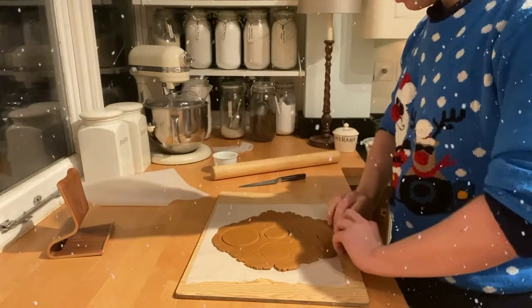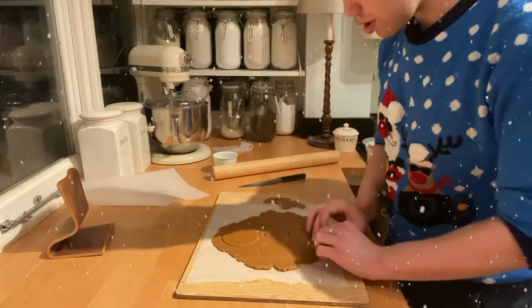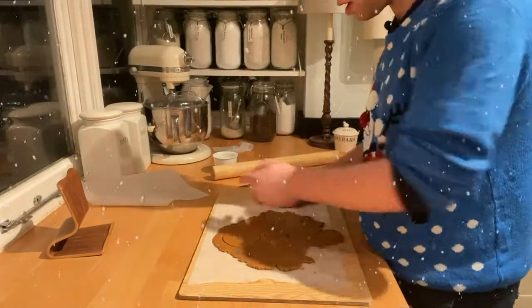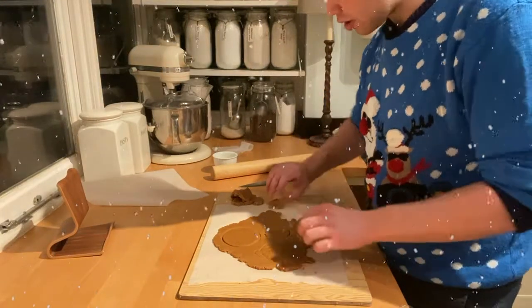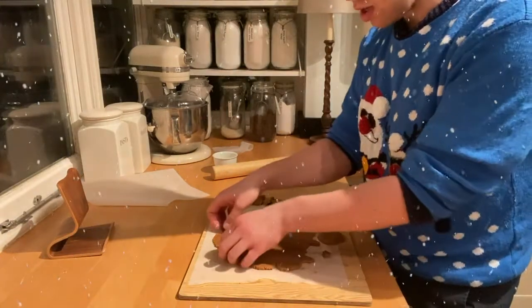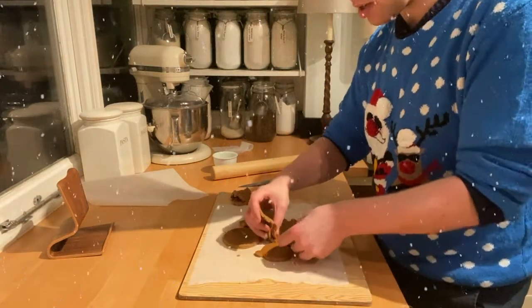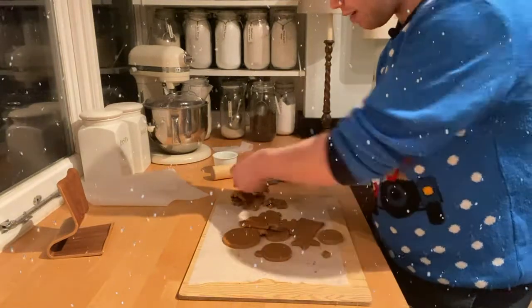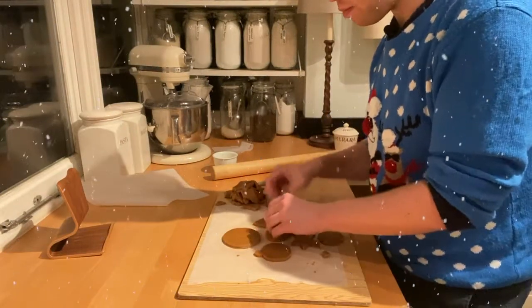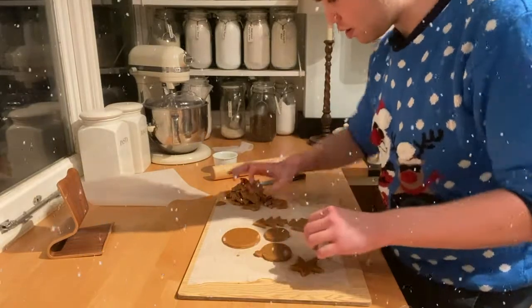What we're going to do now, and hopefully this will work okay, is peel the excess gingerbread away, and we should then be left with, if everything comes out as expected. If it crumbles a bit, don't worry, you can re-roll that out later, but just peel the excess gingerbread away and you should be left with your shapes. Conveniently, and here's the trick, they're already on a piece of baking paper, so we're able to just literally slide over. I'm being very careful here when taking the excess away. Should be able to just slide over that piece of baking paper, and just last few bits coming off. There you go, onto